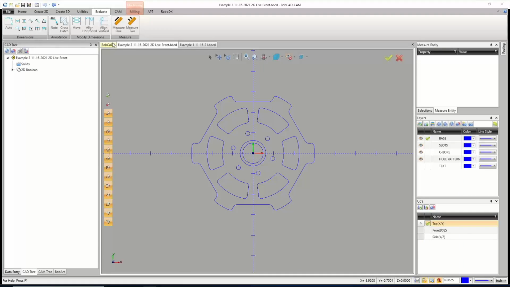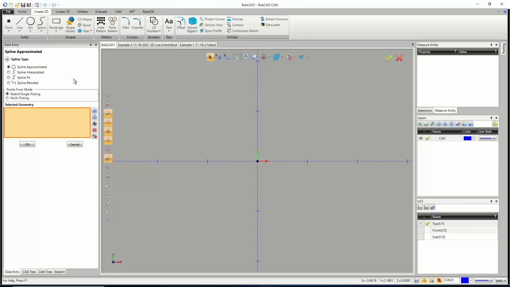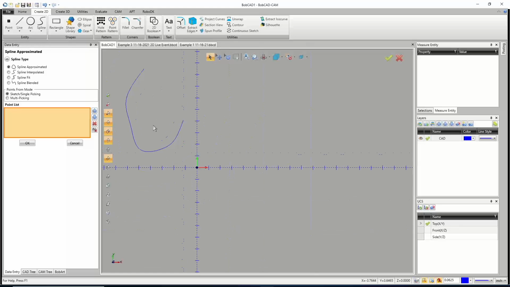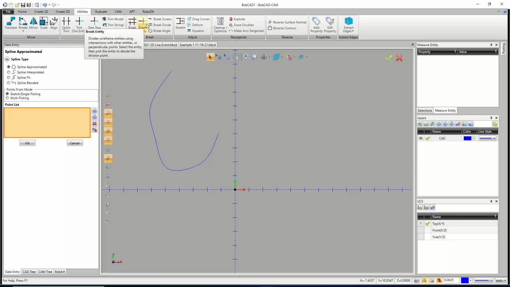Adjusting splines, I think it's possible, but it's not super easy. Let's see. So we'll make a smooth curve, as smooth as I'm getting right now. All right, so there it is. There's my spline. Now, adjusting splines is a bit difficult because normally what you'd adjust with would be like the